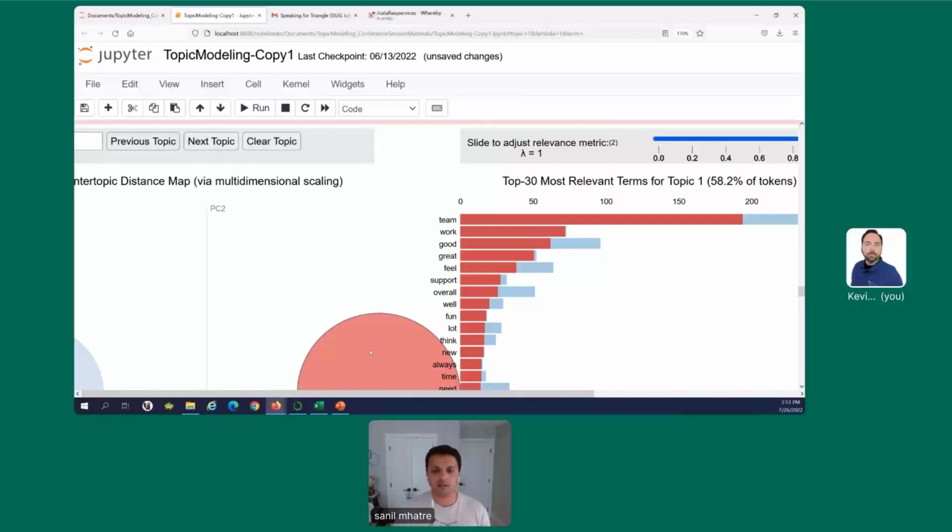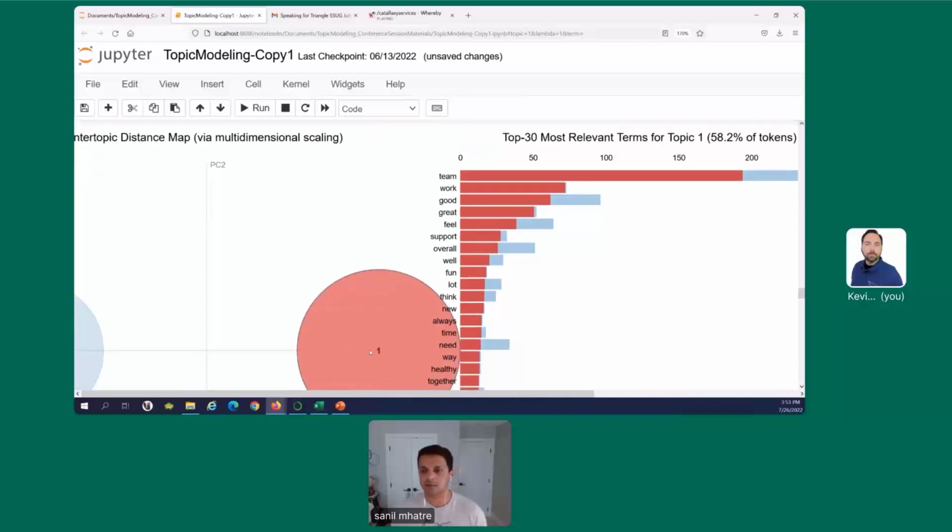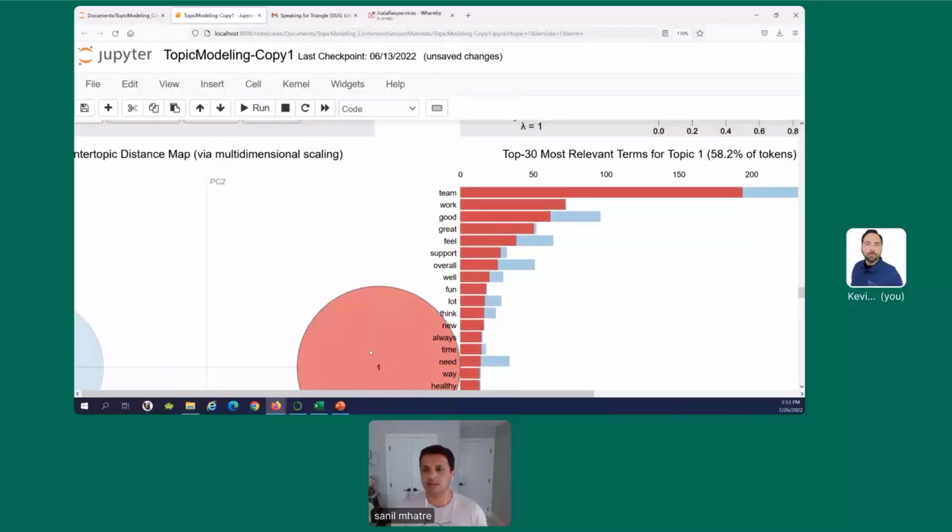When I click on the circle for topic number one, you'll see on the right hand side the output is telling me topic number one is 58.2% of the entire body of text. And here are the top 30 terms that come together to form this topic.